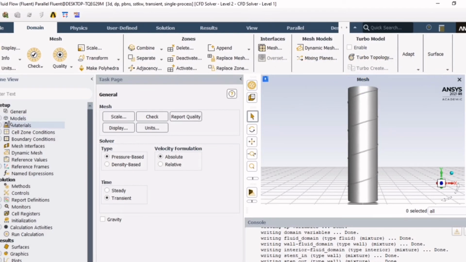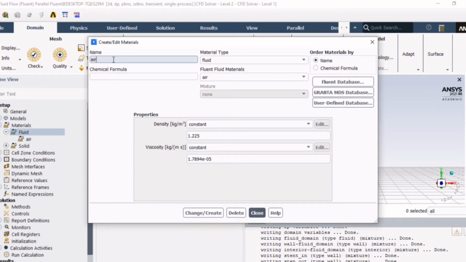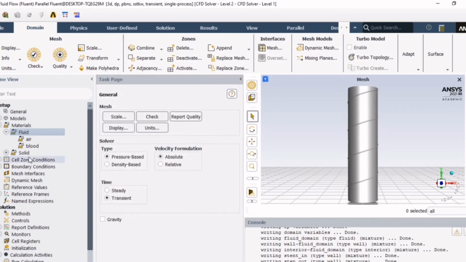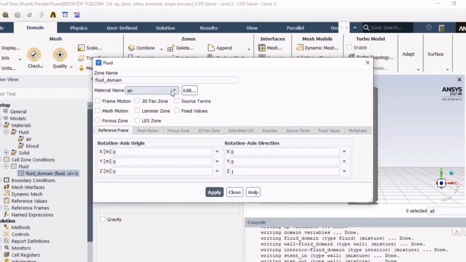Next, we go to Materials, and from the fluid, we create a new fluid that we name blood. We write its properties, meaning the density and the viscosity, and make a mixture with air. Now we can see that here we have both air and blood. From the cell zone conditions, we click on the domain and make sure that our material here is blood. We click Apply